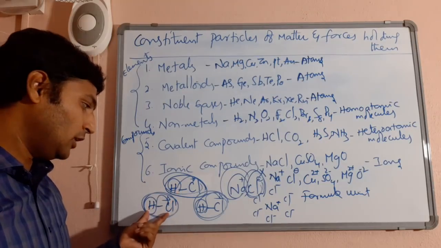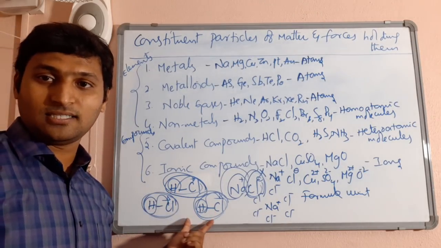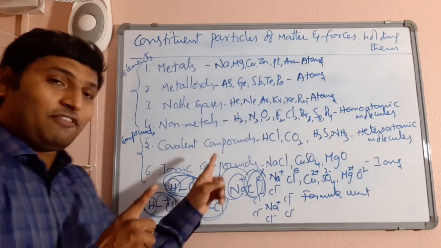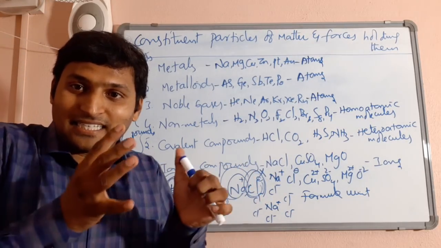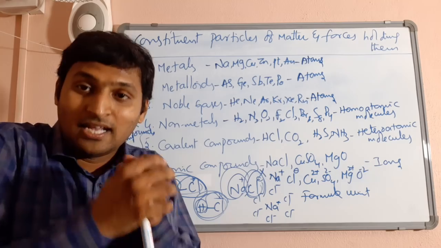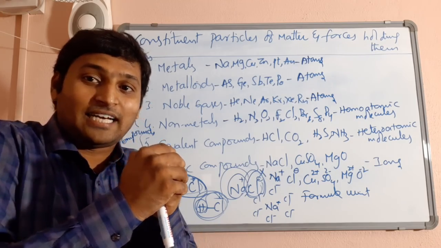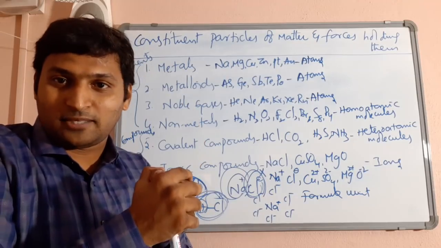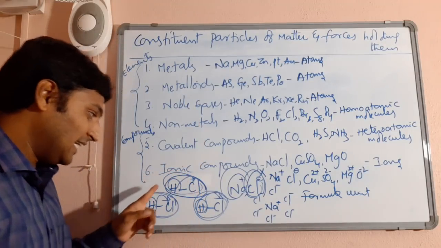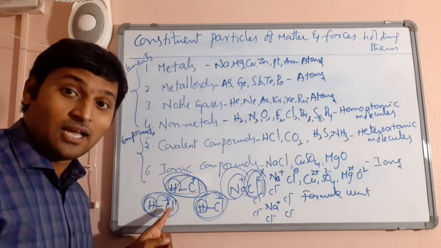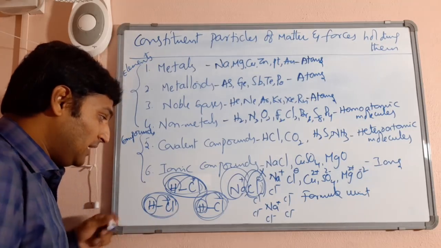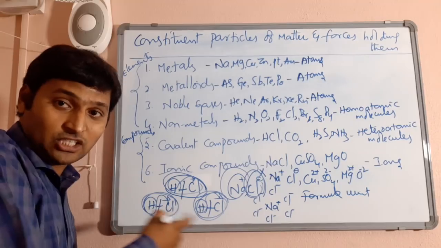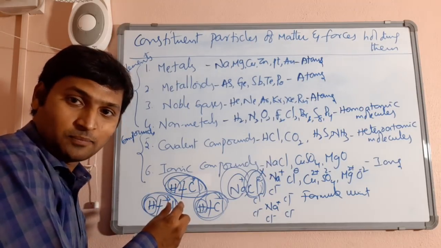Each molecule is absolutely independent from each other, such that in case of ionic compounds, since all of them are together, the physical properties are decided by that electrostatic force called ionic bond that is holding them. Whereas in case of covalent compounds, chemical properties may be decided by how strong the atoms are held with each other, which is called covalent bond.